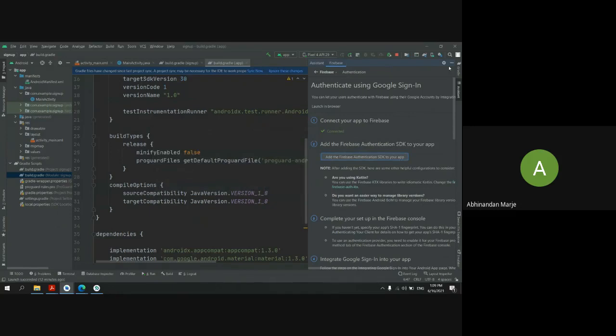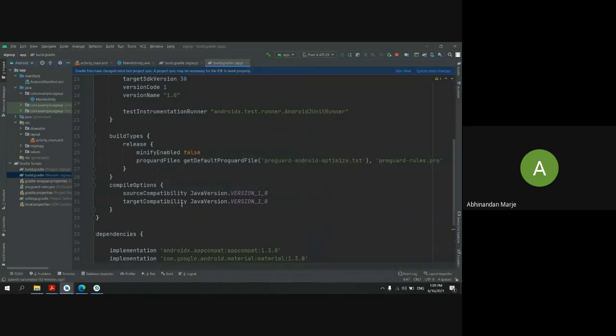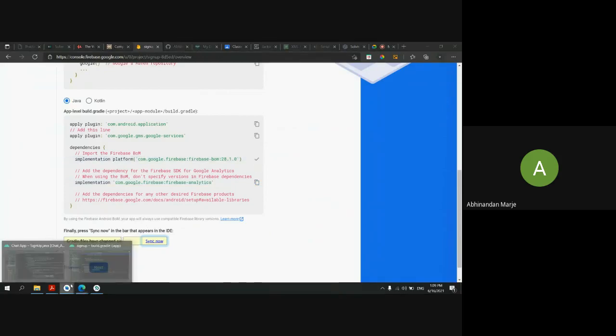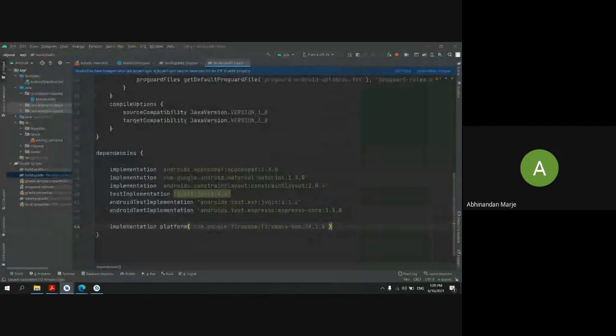So what that means is, whenever you wanted to add something from Firebase, you first had to mention the version. In this new update, they have given a BoM in which the version will be fixed. For the next dependency you want to add, you don't need to mention the version again and again. You just click here, go back here, paste the BoM file, which will give you the version.